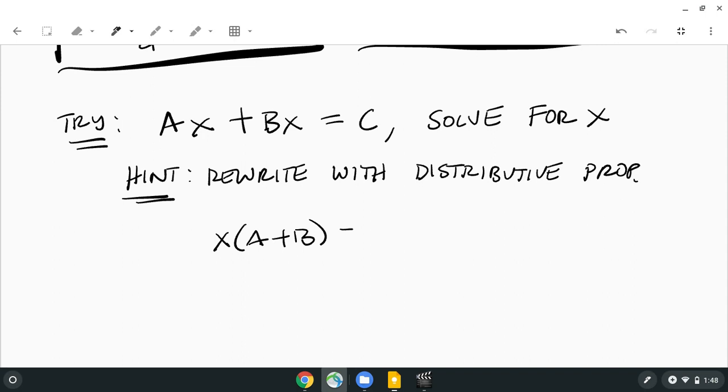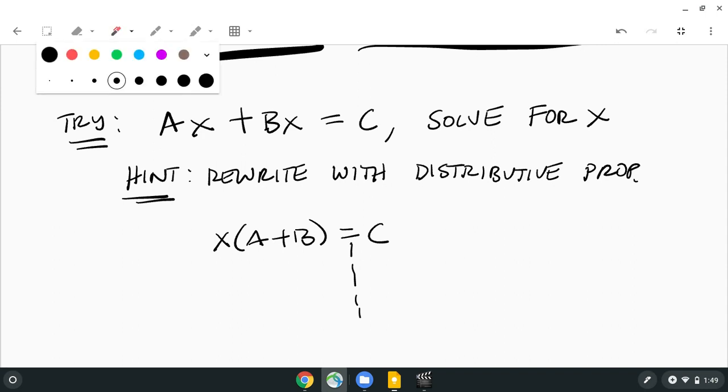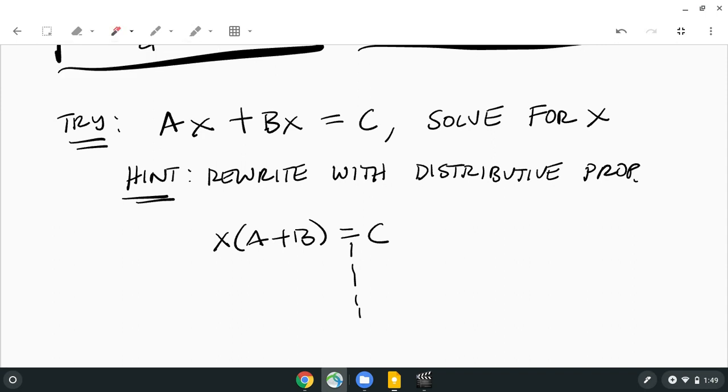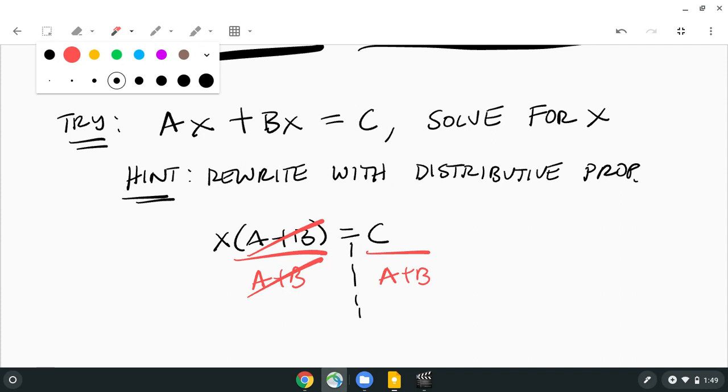So that's what I meant by try to rewrite it with the distributive property. Now I can solve. That's a multiplication with x, so the opposite is divide. I will divide by a plus b. Those cancel out, and I get x is equal to